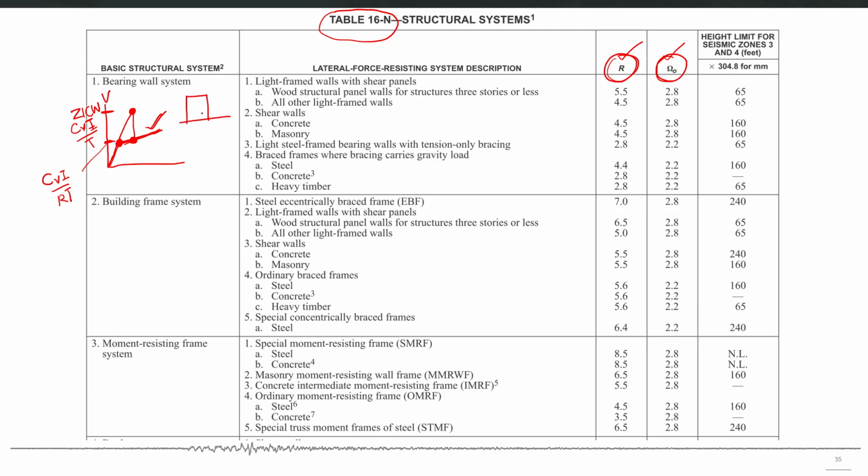Let's say a transfer girder. For example, you have a column and you don't have a continuous column at this story, the bottom story. So you will have a transfer girder here, and you don't want this transfer girder to yield in a design earthquake, because in that case the failure of the structure will be catastrophic.